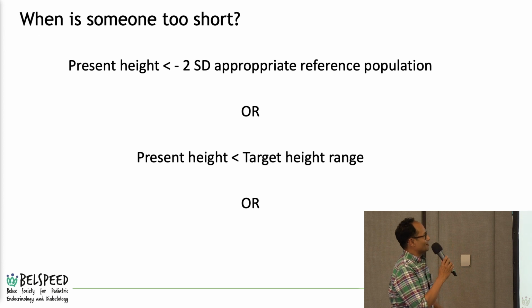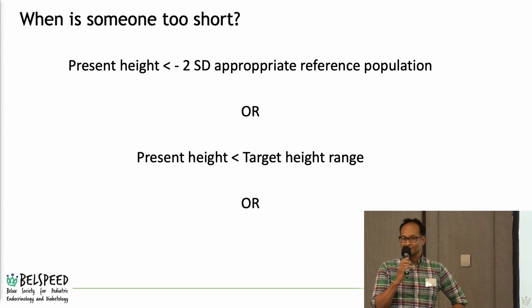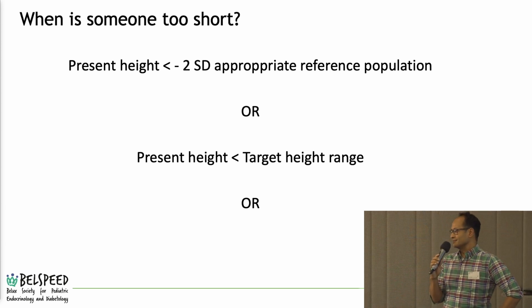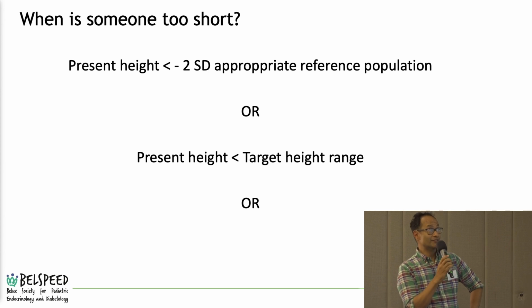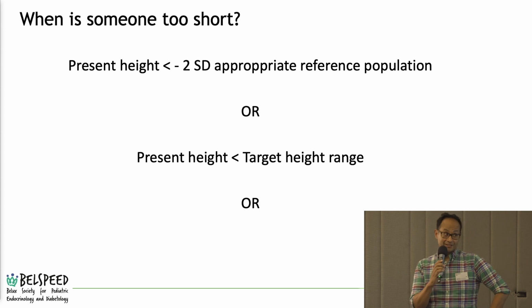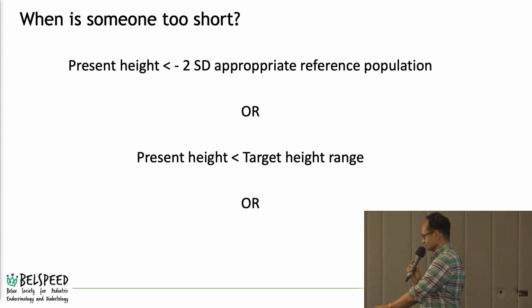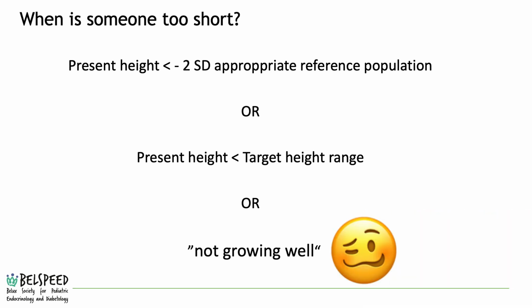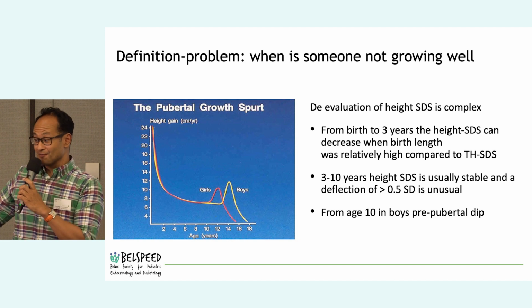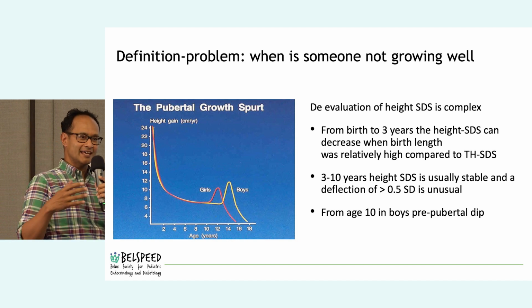So we have now also already defined two screening criteria. When is someone too short? Your present height is under the -2 SD of the appropriate reference population, or your present height is under the target height range. And there's another criterion, which we also encounter in our daily practice: not growing well. That's a very difficult term, and that's also the question of when is someone not growing well, because height or height attainment is not a